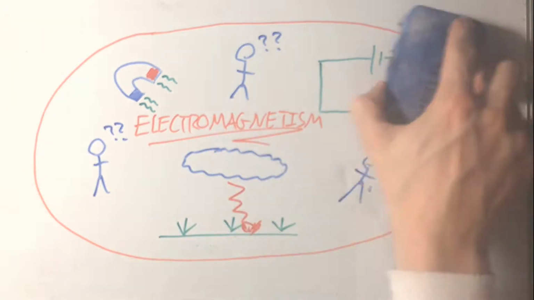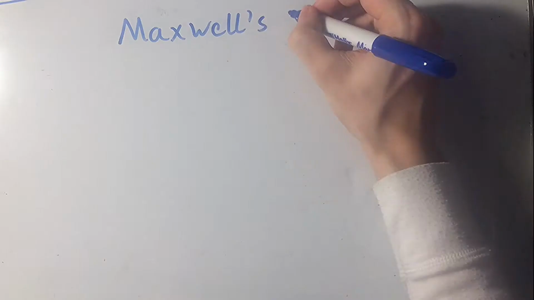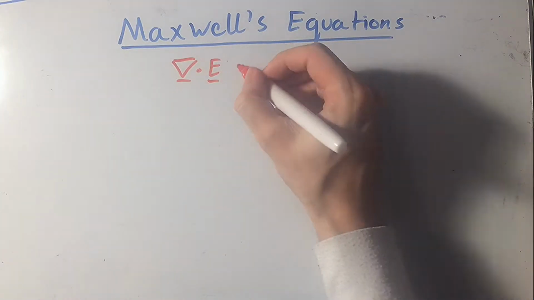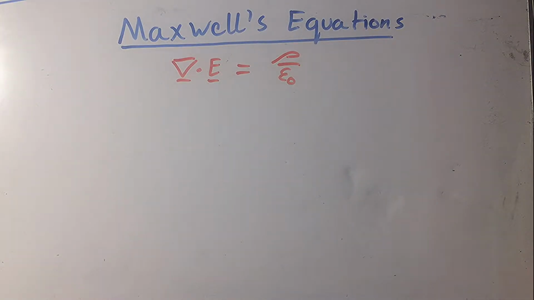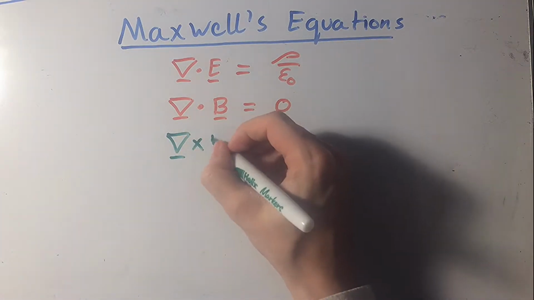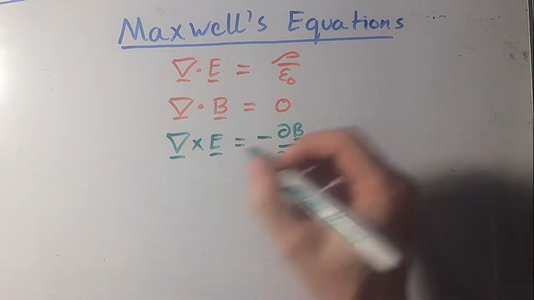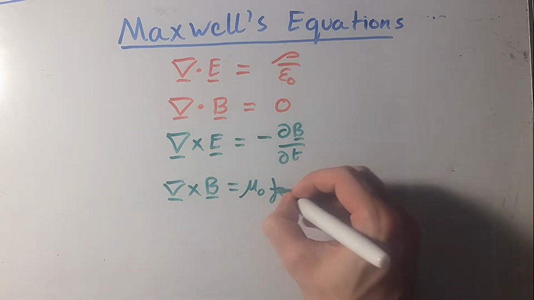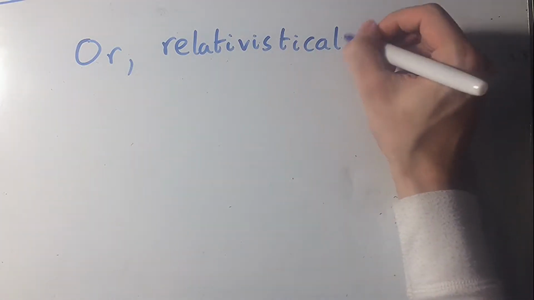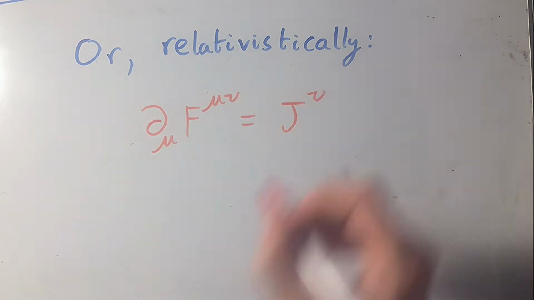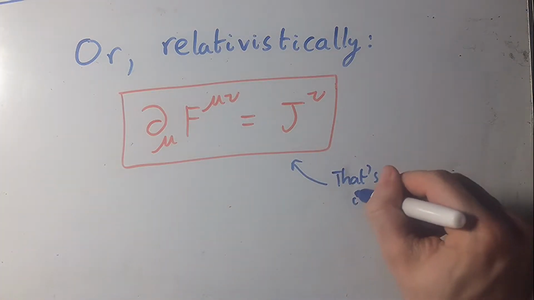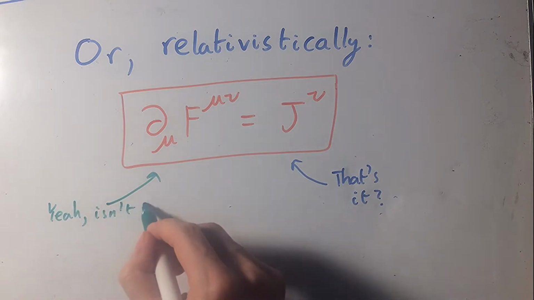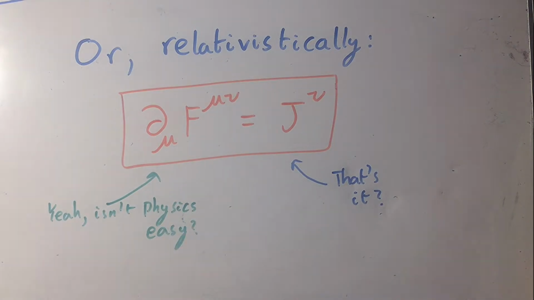The actions of the force are summarised as Maxwell's equations. To put these laws briefly, we have the divergence of the electric field is the electric charge density divided by epsilon naught. The divergence of the magnetic field is always zero. The curl of the electric field is equal to minus the rate of change of the magnetic field. And the curl of the magnetic field is equal to... If you want to be relativistic about this, or just plain lazy, you can summarise this all as d mu F mu nu equals J nu, which seems like a ridiculously small equation capable of explaining everything from lightning storms to toasters. With the groundwork of electromagnetism in place, the nature of light was soon discovered.